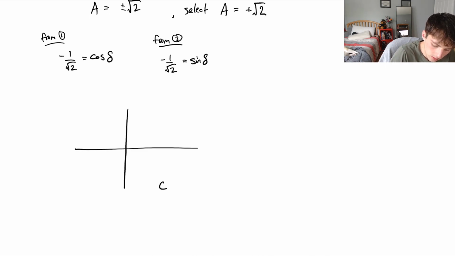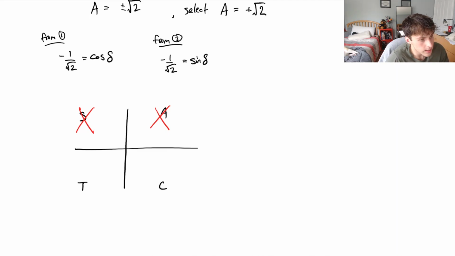So if we read out our CAST rule, we can immediately tell it's not in the first quadrant because we see that cosine of delta is negative and sine of delta is negative. So we can also say, well, okay, sine of delta is not positive, it's negative, so it's not in the second quadrant. And lastly, we can tell that cosine of delta is also not positive, it's -1 over root 2. So we can eliminate this quadrant. Thus, we can tell that our delta is going to be in quadrant 3,